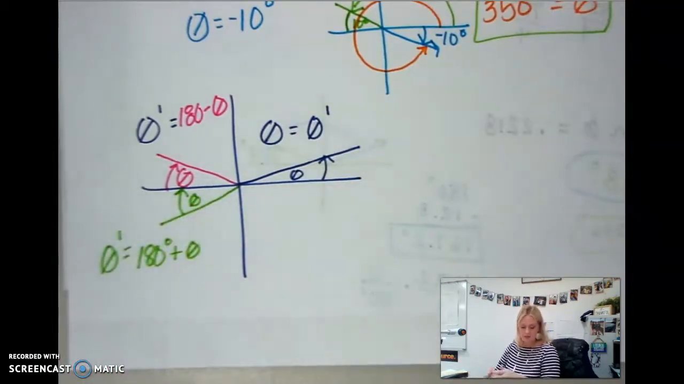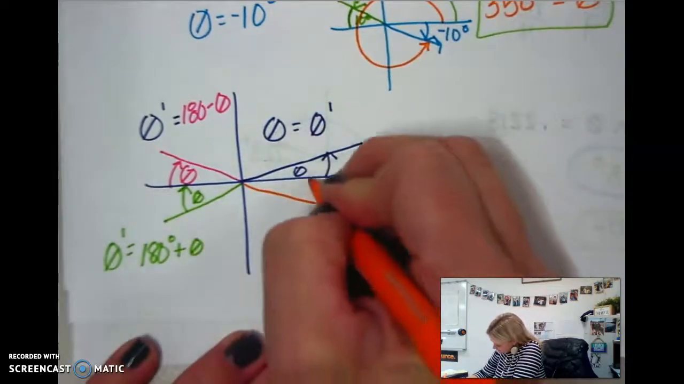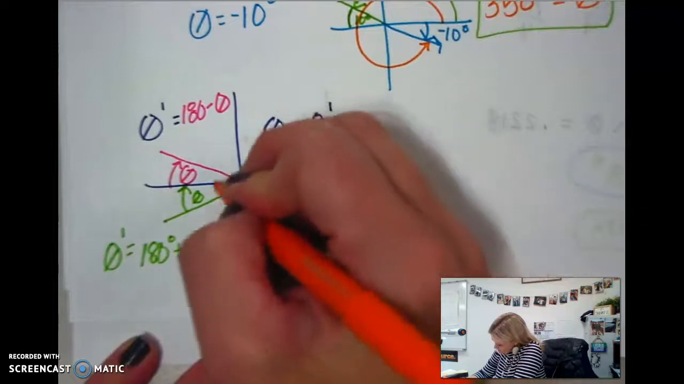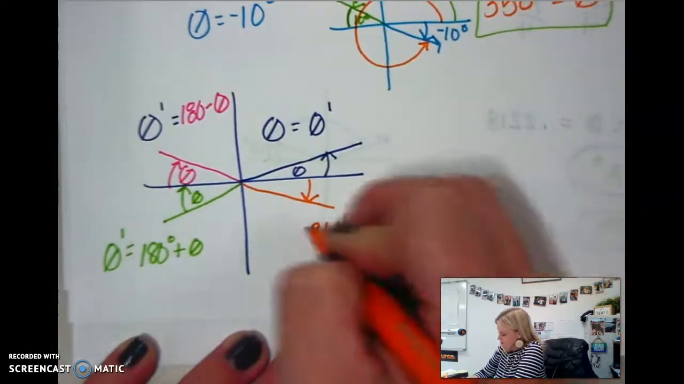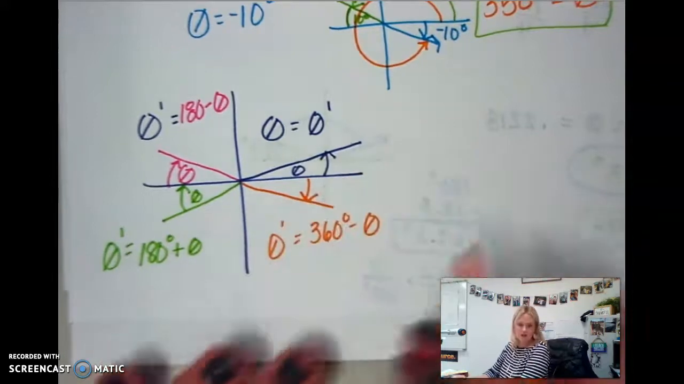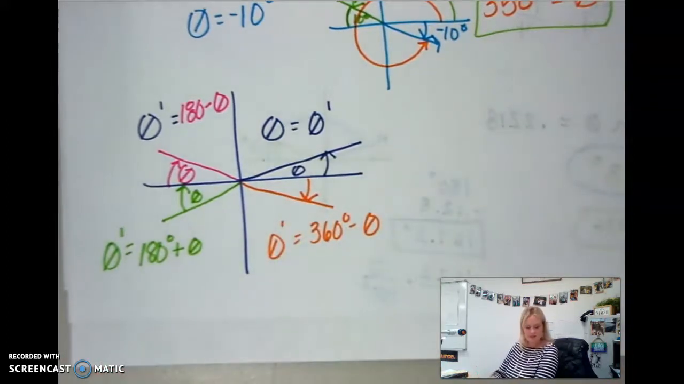In quadrant 4, what am I actually doing? If this is my angle from here to here, I'm going all the way around, but subtracting theta. So if that helps some of you, it might help make a little bit more sense depending on where the angle